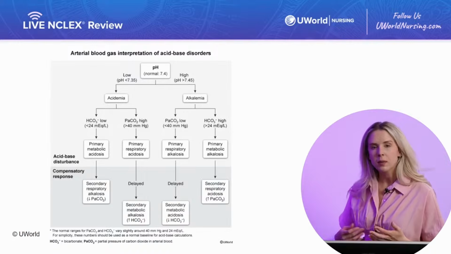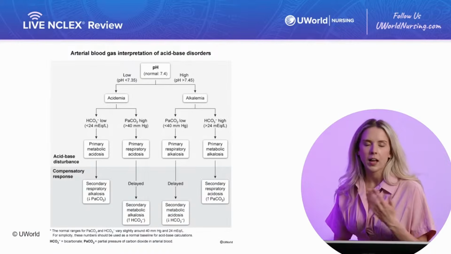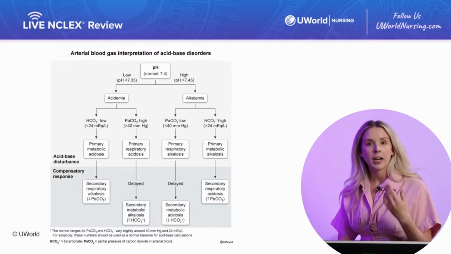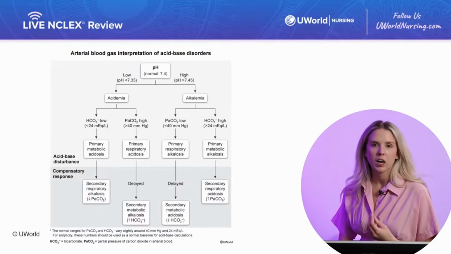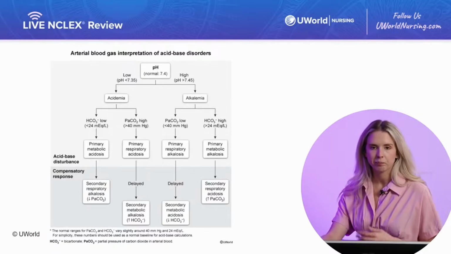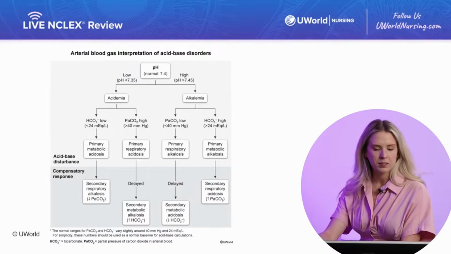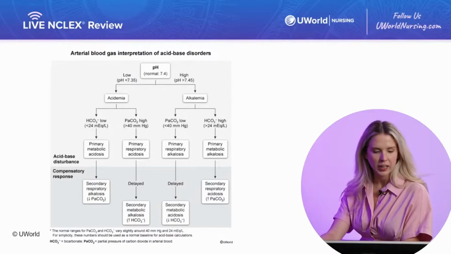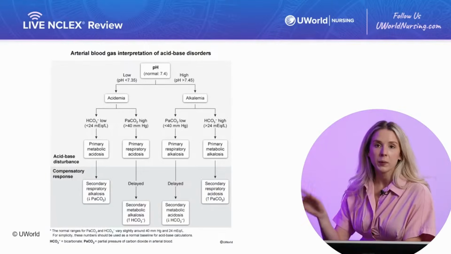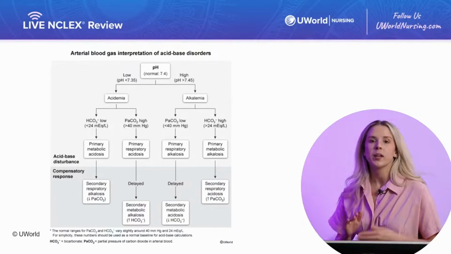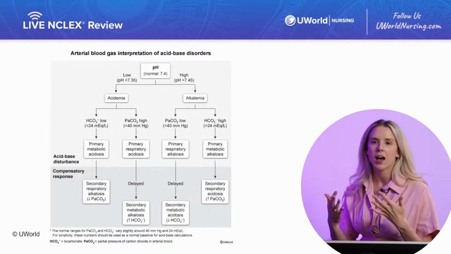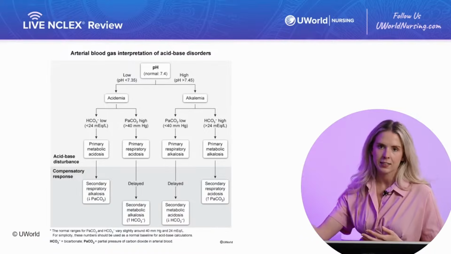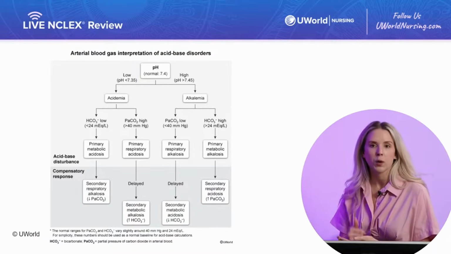The kidneys work a little bit slower than our lungs do. So this client may need additional support like airway and breathing support, and we may even need to push some IV bicarb just to help out a little bit in the meantime. All right, on the flip side, let's switch to respiratory alkalosis. So here we know we have a high pH, here we are hyperventilating, and we have low CO2. So we're breathing too fast, we're breathing off all of that acidic CO2,